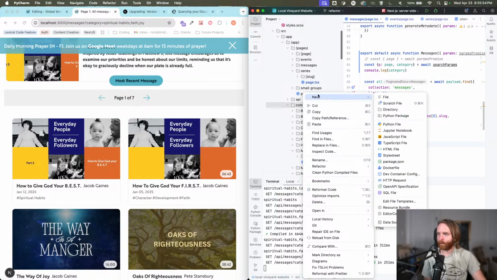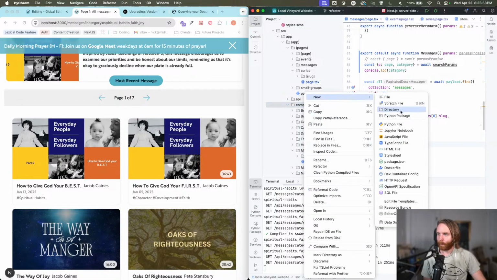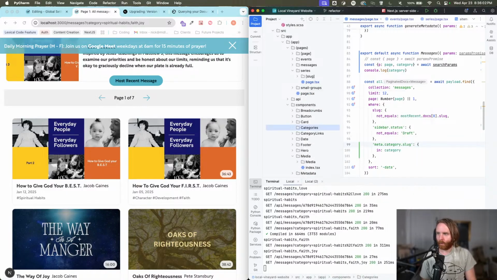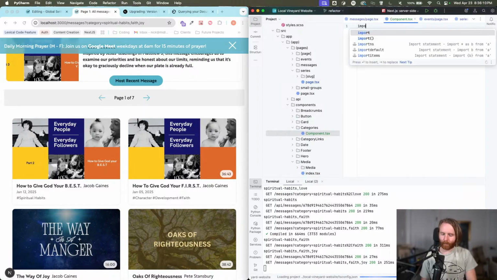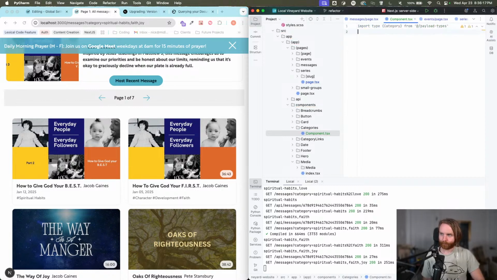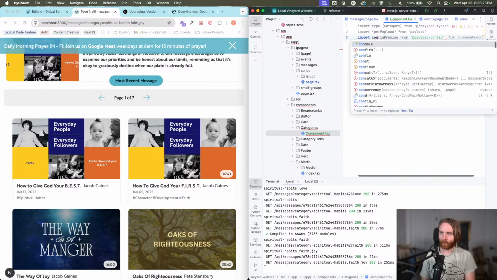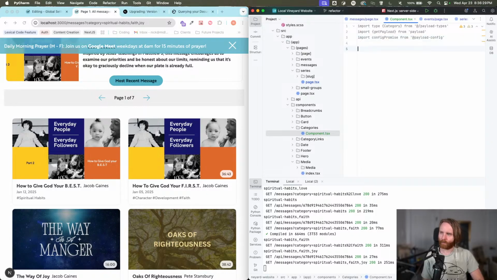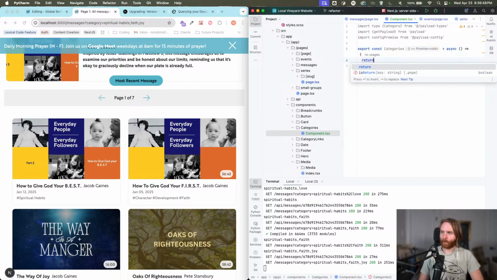All right, so components, we're going to do a new directory, and we want to do our categories. We're going to create a new file called component.tsx. And in this component, we're going to import type of Category from payload types, and then we're going to want our getPayload from payload, import config. Yeah, let's get the config promise, and then we're going to export a constant, just categories equals async, and then we're going to want categories. Yeah. So we can return